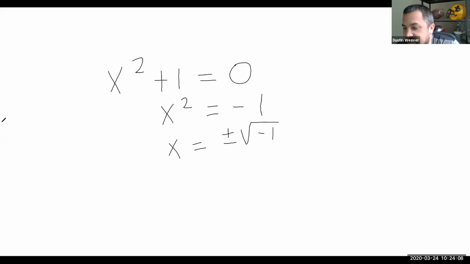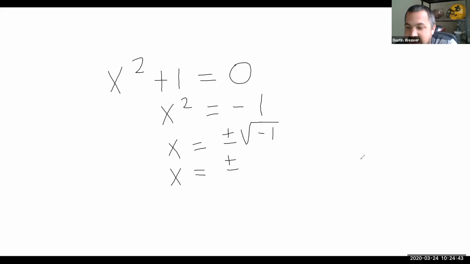What happens when you try to take the square root of negative 1? Yeah, your calculator says error. You cannot take the square root of a negative number. So when we have the square root of a negative, it's called an imaginary number. So the square root of negative 1 is actually plus or minus